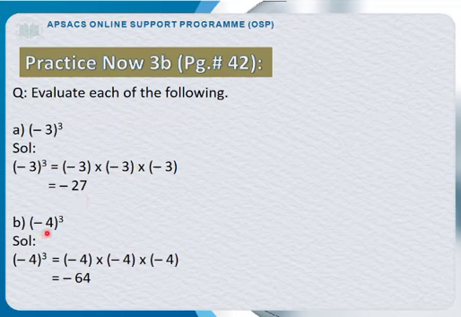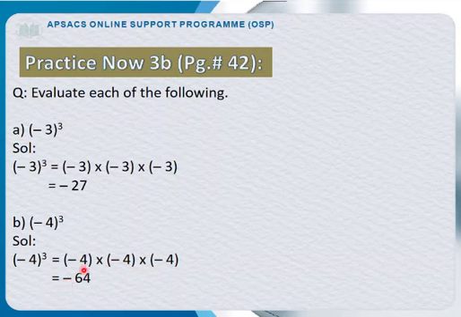Now here the part B is minus 4 cube. First we write the heading of solution, then minus 4 cube as it is. It means we will multiply minus 4 3 times. Minus 4 multiplied by minus 4 multiplied by minus 4. Now first we will see the sign, minus minus plus, plus minus minus. Now here minus is written as it is.